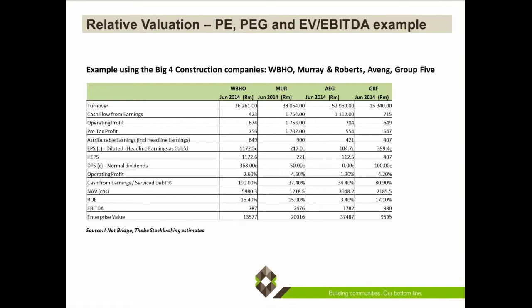Whereas Murray & Roberts has got a decent ROE of 15%, it's not the highest, but it is quite substantial. So we must look at all these metrics together before we make up our minds about which companies on a relative basis are over or undervalued,